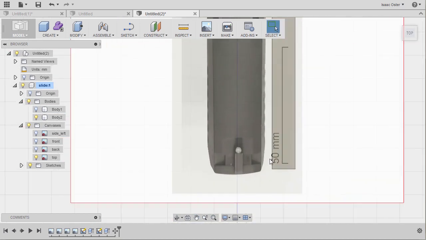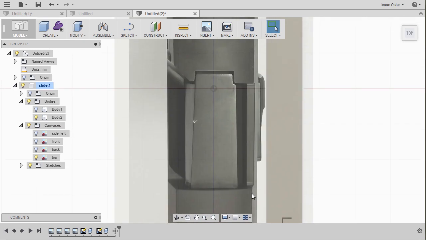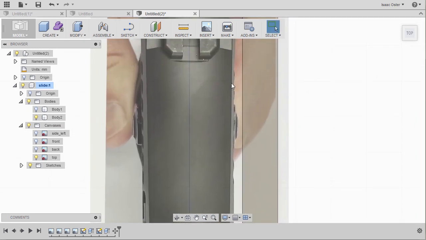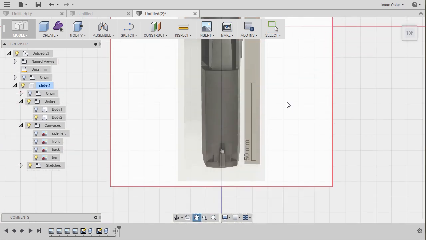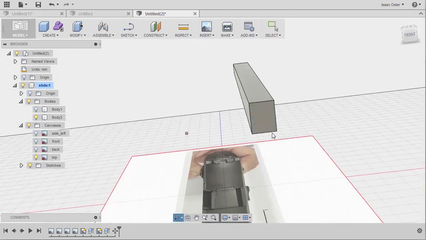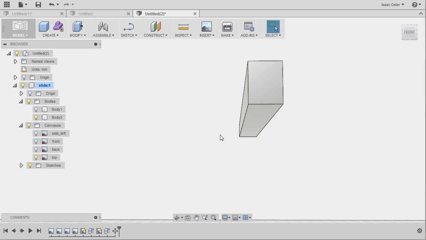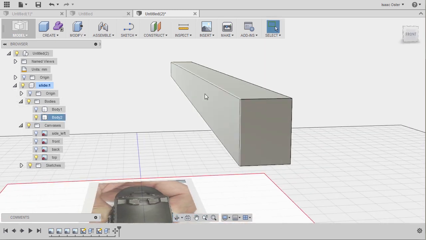And so here's where we can see how deep that cut actually is. So along the top, it looks like this inside edge is actually angled a bit, and the outside cut runs along the edge of the gun there. So I think what I'll do is I'm going to put a little draft on this thing. To make a draft happen, we're just going to slant one of these edges in a little